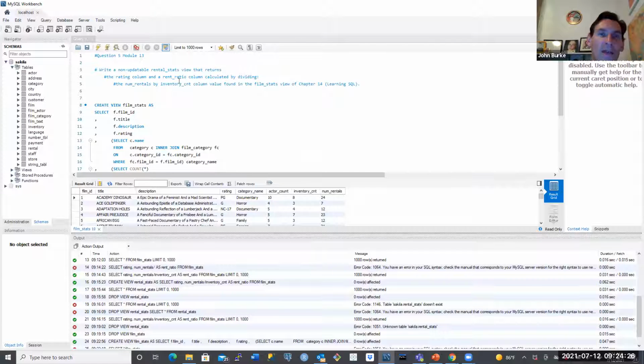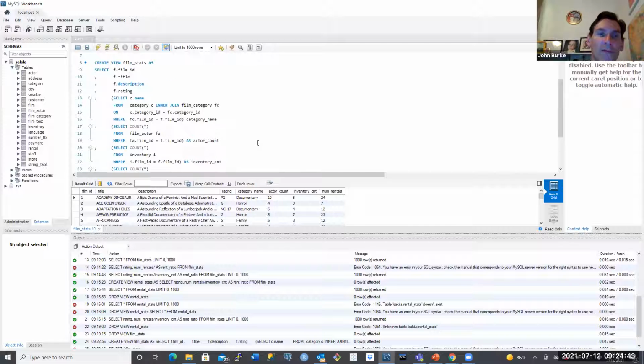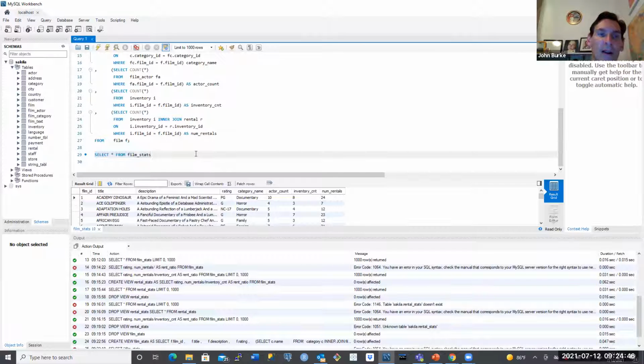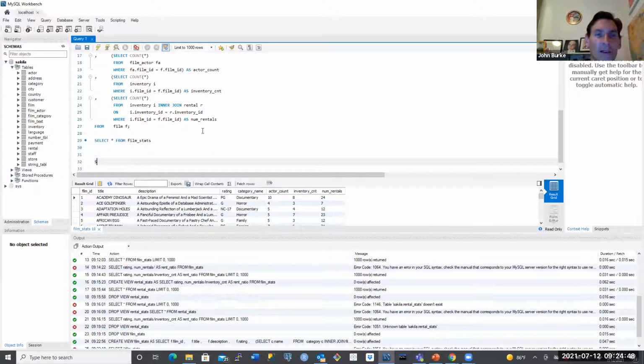And we're going to do it by dividing the number of rentals. Okay, so we have a column here called number of rentals. Very good. We're going to divide that by the inventory count column. So we've got that right here. All right. So it looks like we're in pretty good shape. So let's first just create this as a query. Okay. So to get the information that we want. So the first thing is we want the rating column. Okay. And then we also want another column that's the number of rentals divided by the